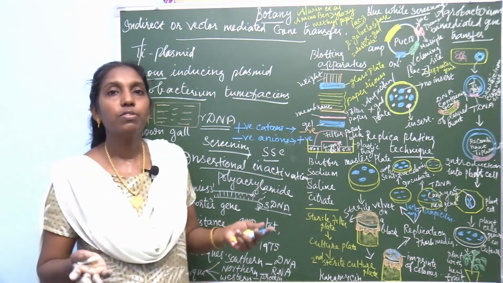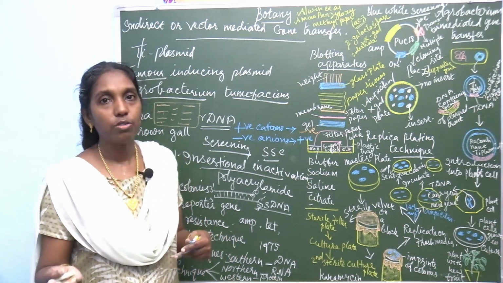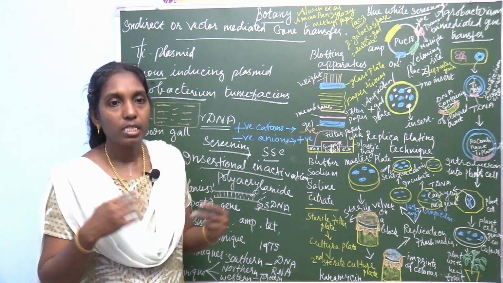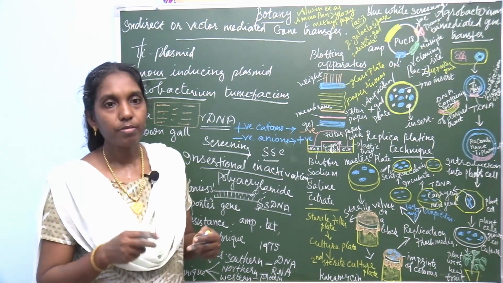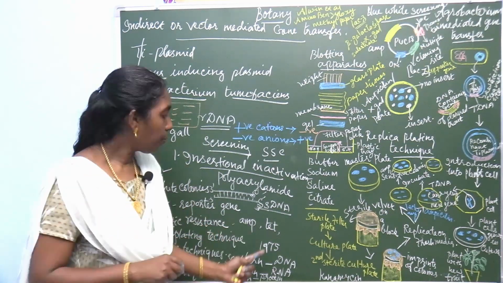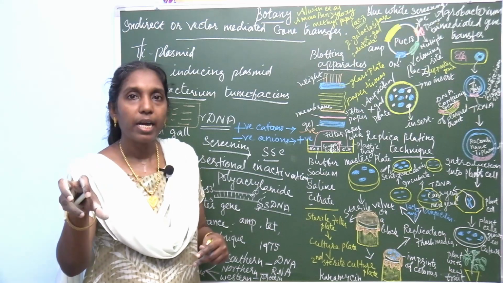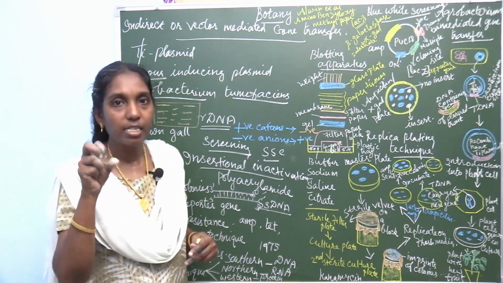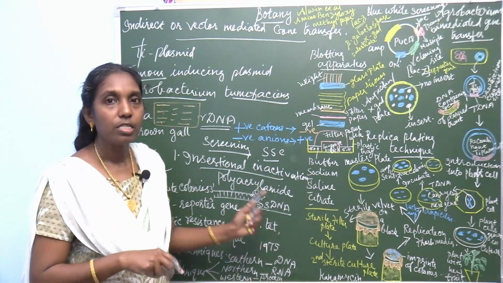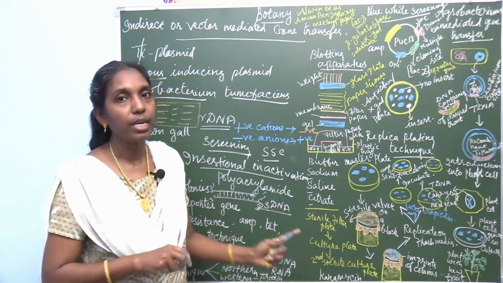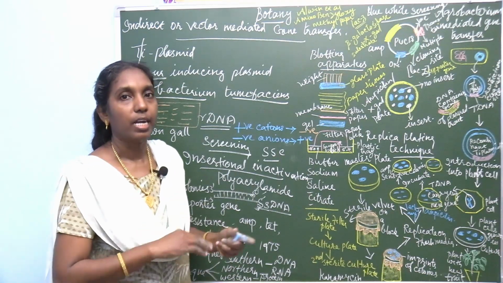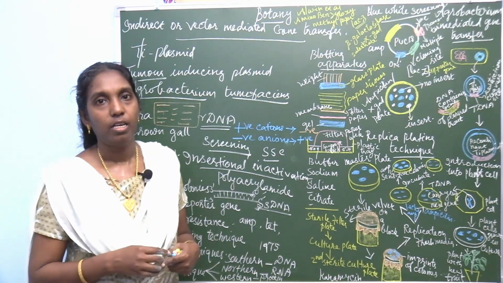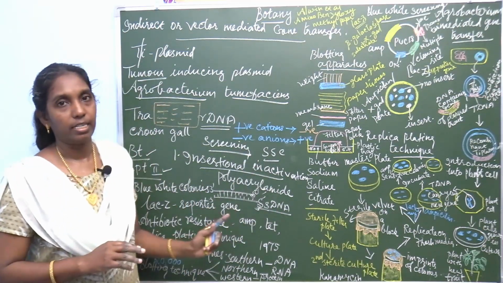Finally, there is the Western technique. Here, protein is transferred from the gel to the nitrocellulose filter paper. Here there is a binding site. The protein can bind with an antibody, so it binds to the specific binding site of the antibody. So this is the transfer of protein to nitrocellulose filter paper. This is the blotting technique.